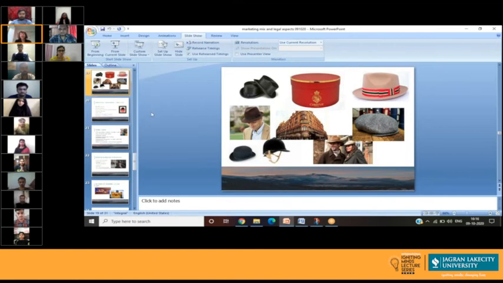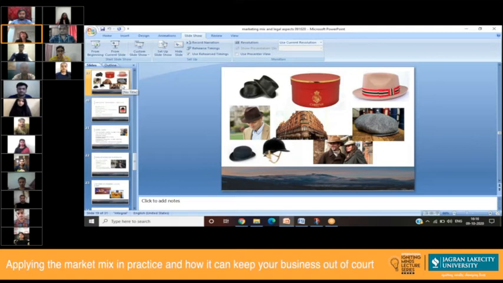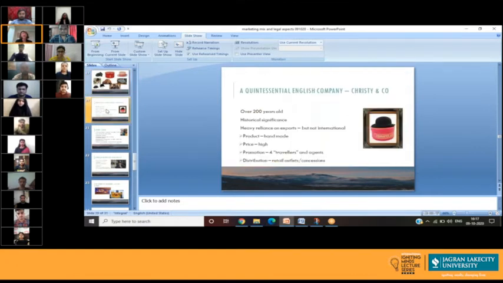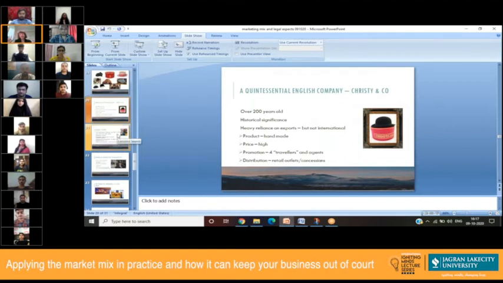The bowler hats, the top hat there would cost about £400 to buy. So not a cheap product at all. The product was gorgeous, top of the range, high price. If we move on to the next slide. The company was over 200 years old, a lot of historical significance, because we almost had a museum of hats that had been worn by Winston Churchill, Edward VII. People would have come and looked at that, but instead they were just stored in a storeroom,